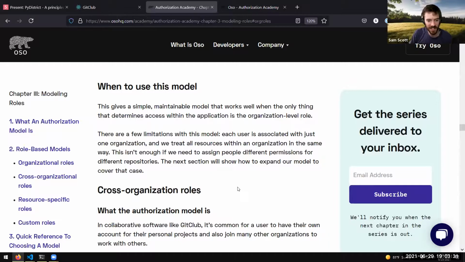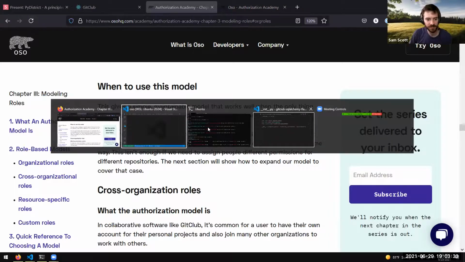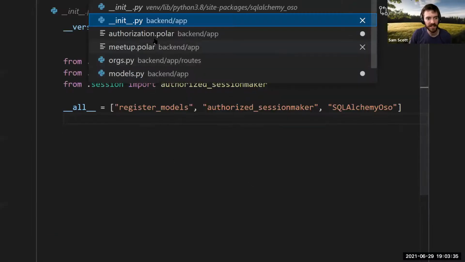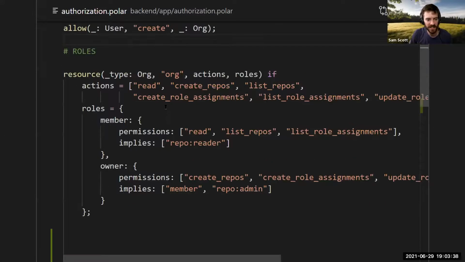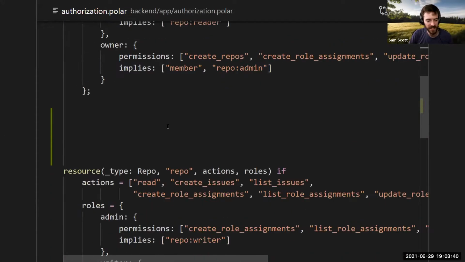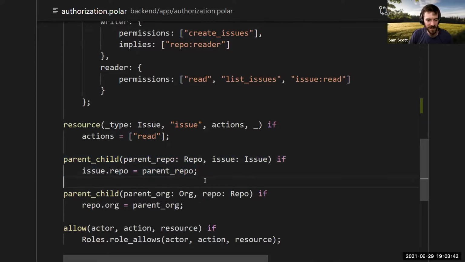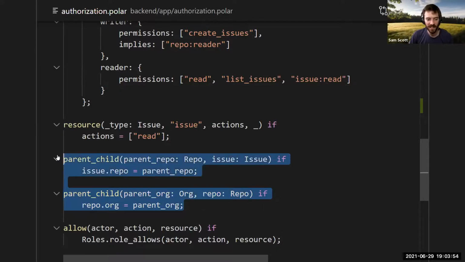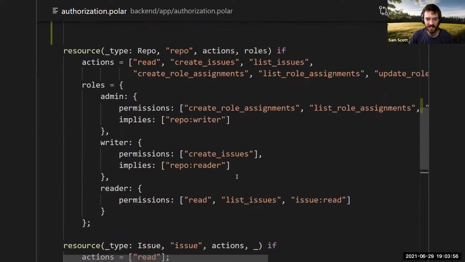And so what we're trying to get to with this policy that I was showing is that you can think about each of those individually. I just need to think about whatever org belongs to a repository. That's just my application data model. There's no thinking that goes on there. It's just orgs and repos and issues. But by telling Oso this, I can now start having that discussion of, what am I trying to model? Should an issue have a role or not?